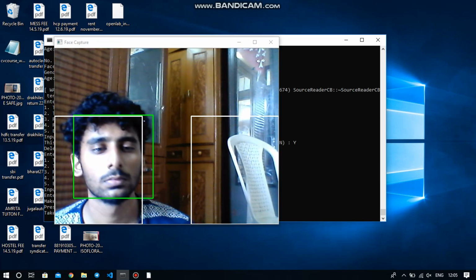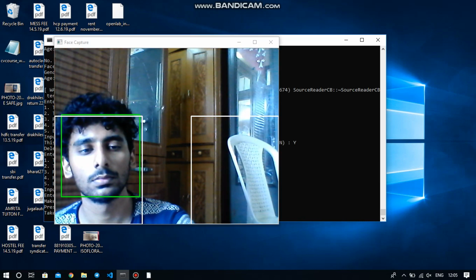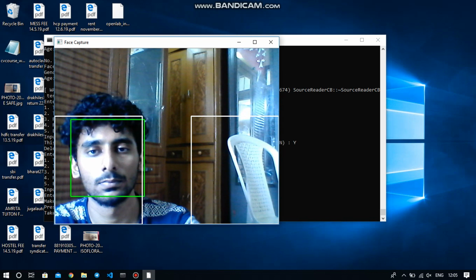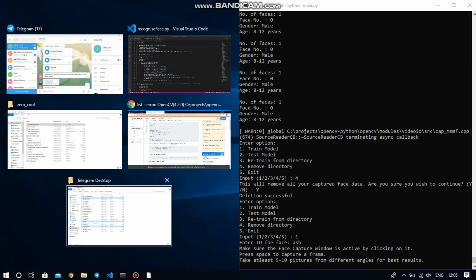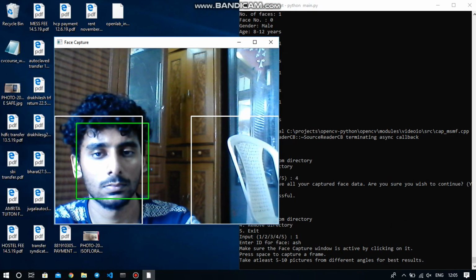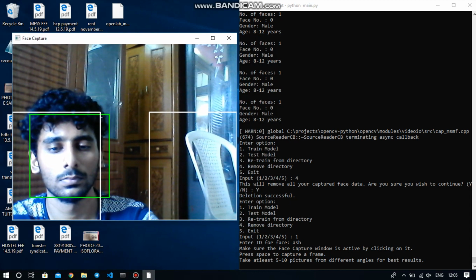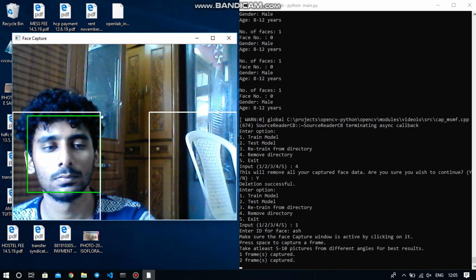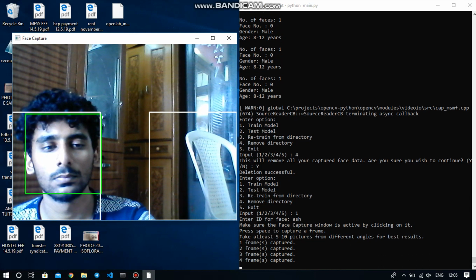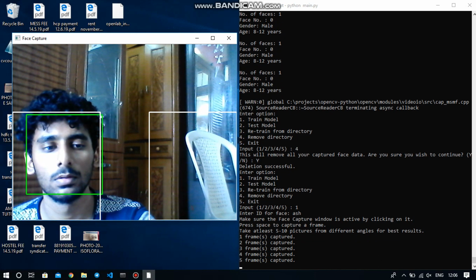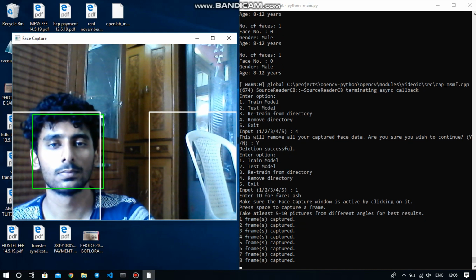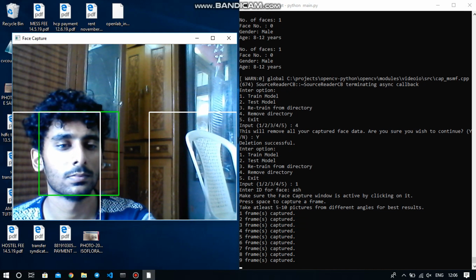You can see that the person sitting on the right or left can be captured based on the driving system. If you are in the Indian system, you will have to go with the right. Similarly, left-hand driving is also allowed. We can set up our system based on the requirement. Now the training has to happen, and we need to take at least about 10 to 15 images, and the frame capturing happens right now, as you can see in front of you. About 10 frames is sufficient for me to get the system ready, but the more images, the better the results. That's a natural phenomenon that everybody follows.